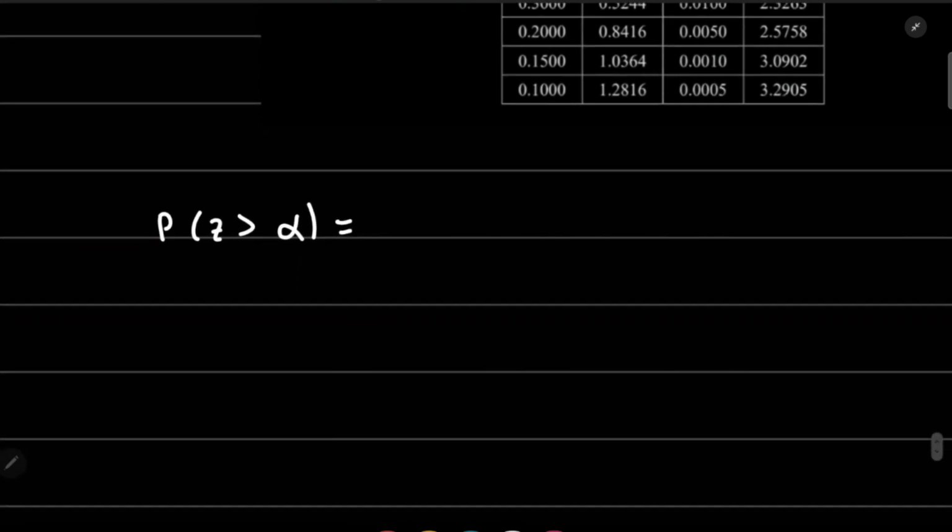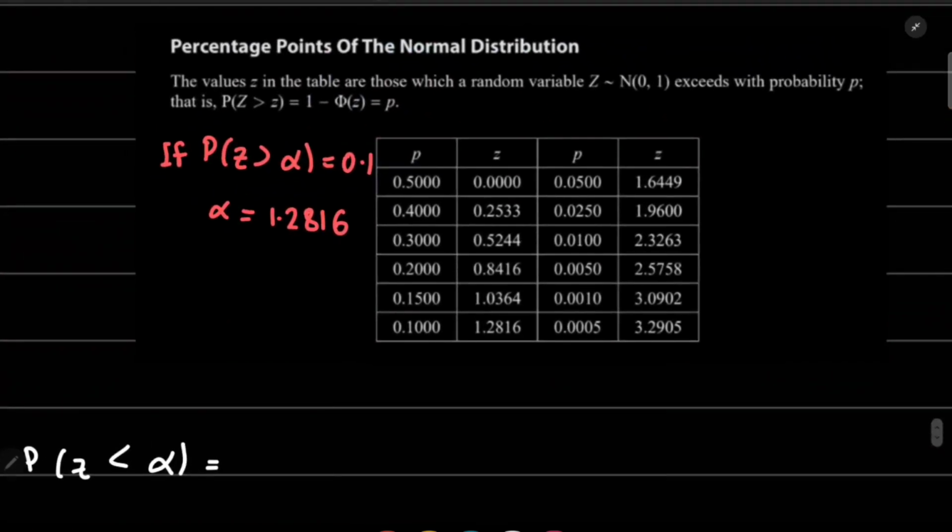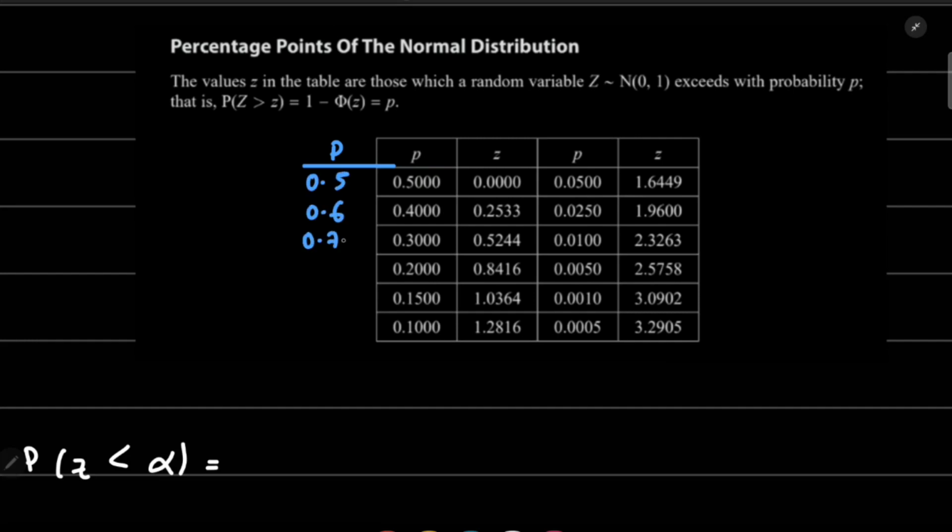But we can do our calculations using z minus alpha. So to reduce the hassle, I'll look at the probability as 1 minus itself. So actual probability over here, if I use less than, this is 0.5, this is 0.6, this is 0.7, this is 0.8,